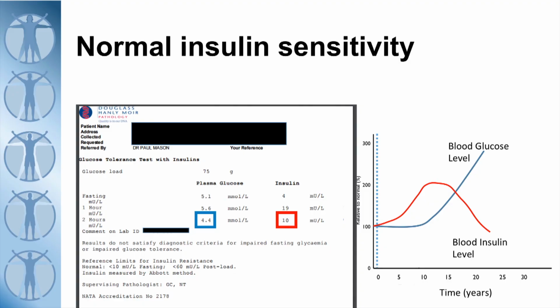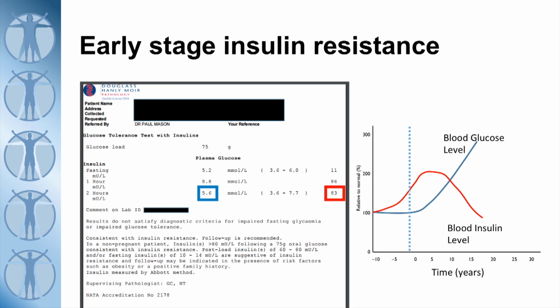So let's think about this chart of insulin resistance and compare it to patients we've actually seen in the clinic. So these are actually patients which I've seen. Here we're right down the left-hand side, healthy days. Blood sugar's low, insulin's low, 10. What happens now? Blood sugar's low, but you can see that insulin has now come up to 83. This is not diagnostic of anything. This individual would go and have standard testing and be told they have nothing to worry about.